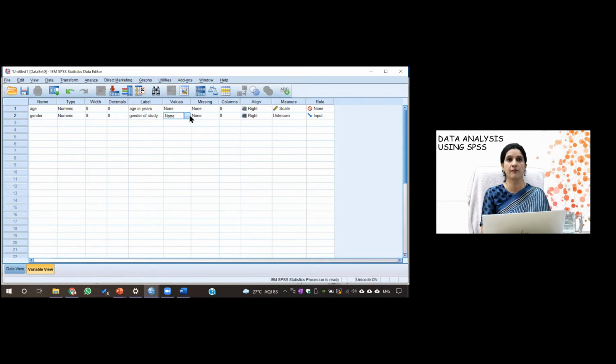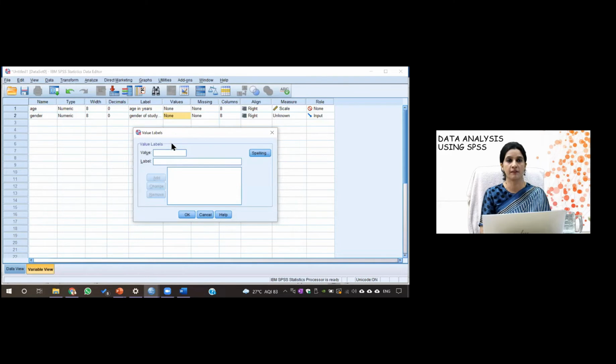Here I have to put a value. Like if I have valued 1 as female, I have given a code to it. So I'll write 1 as female, and press add. And if I have given code 2 as male, I'll write 2, label as male, and then again I'll add and press OK.